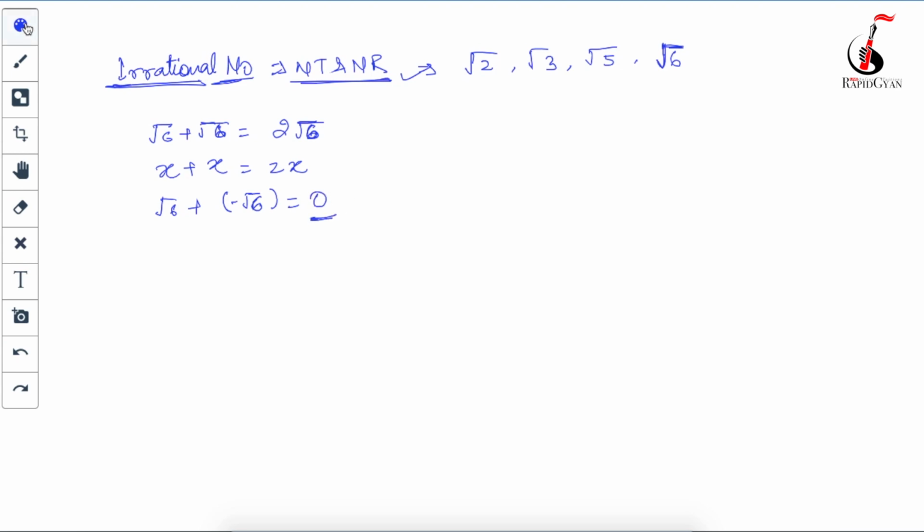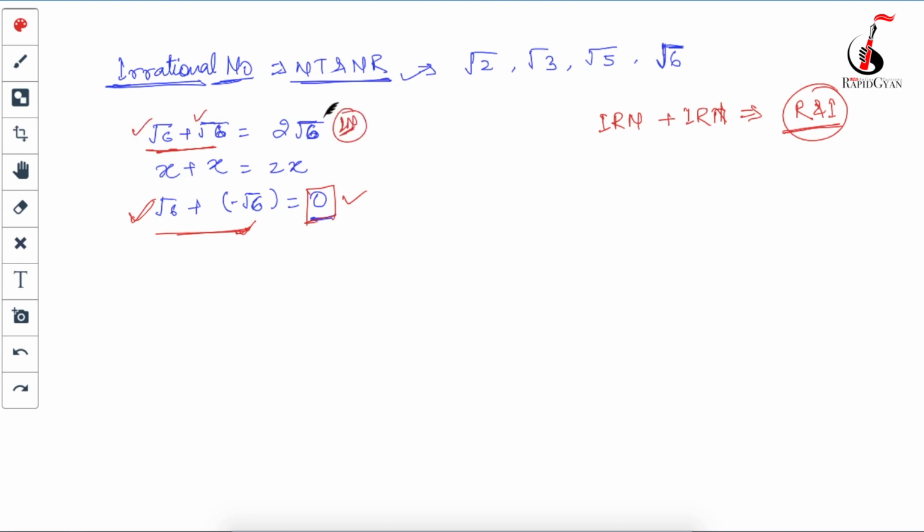Okay. So what you are seeing over here, beta, is addition of two irrational numbers. Addition of two irrational numbers can give you both rational and irrational numbers. Can give you any one of these. See, these two are also irrational numbers, and the answer I got is a rational number. Here these two are irrational numbers, and the answer I got is an irrational number.